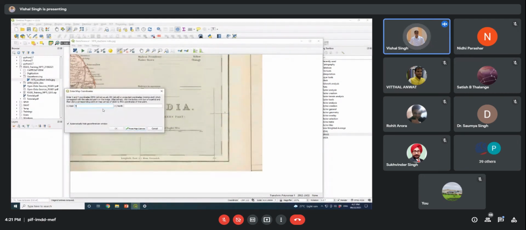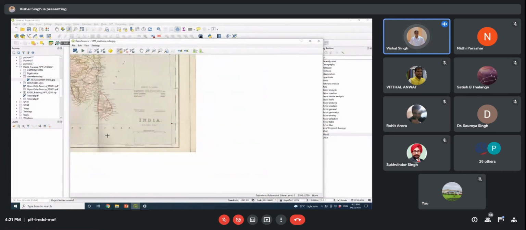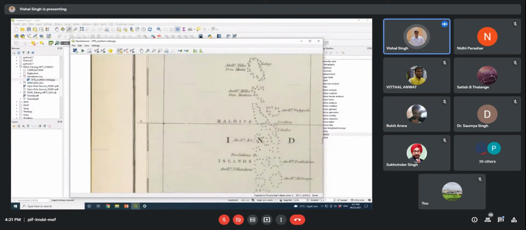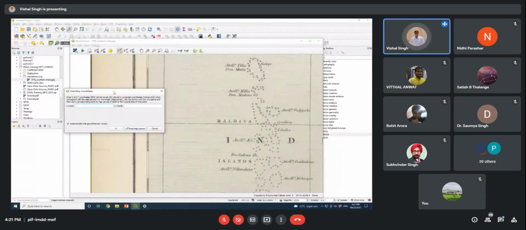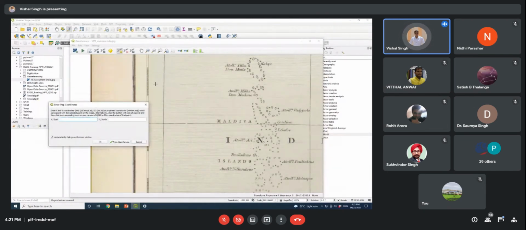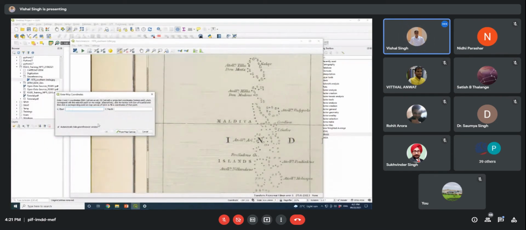The x value is 90.0, the y value is 5.0, and I will move in this direction like this, and I will put this point. Here it is, as we know, 70 and 5. So this is 70.0 and this is 5.0.